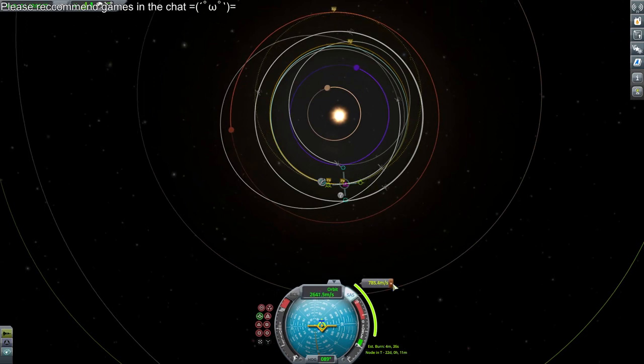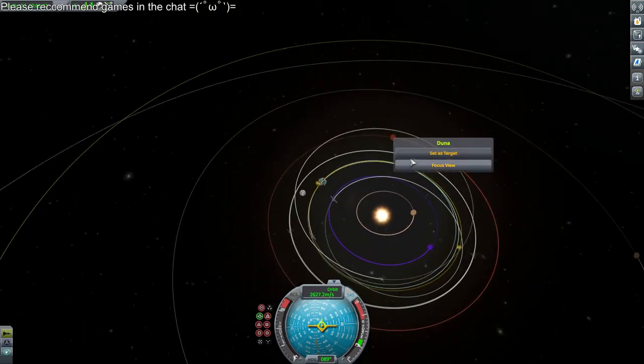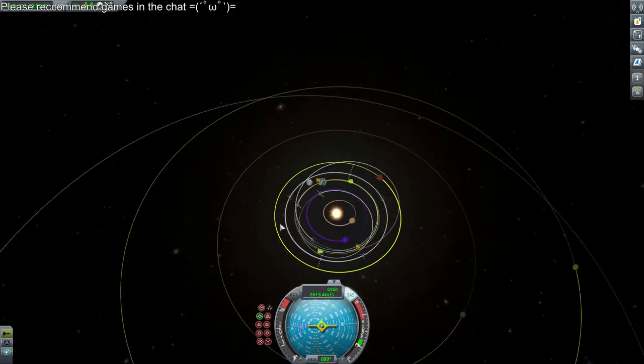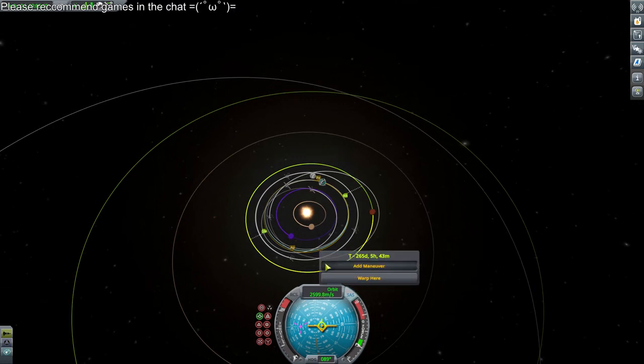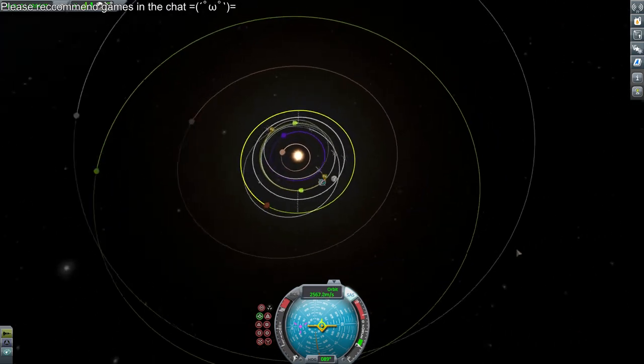Actually, you know what? Screw that. We'll sit here. This is going to be our target, after all. I mean, we're on an inside orbit, so realistically we should be able to hit it within a year. That's going to be way off. I don't know what I'm thinking there. But yeah, it's going to be like opposite sides. If I...